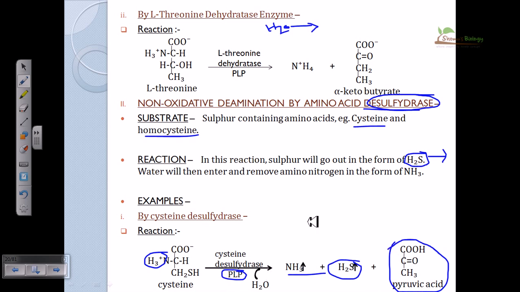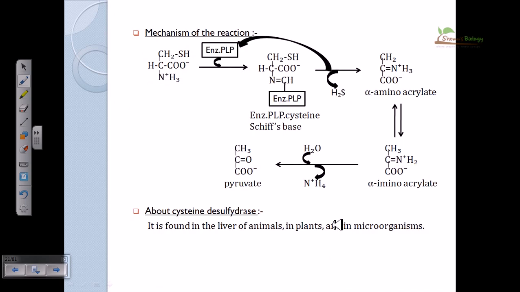Okay, it can also go through this two-step reaction, so the detail is complicated again, so I am not complicating it, I am simplifying all these things. The reaction machinery or mechanism remains the same, whatever we are talking about, but the type of enzyme changes and the product changes here, because instead of water production, it produces H2S. Okay, this is the mechanism of the reaction.